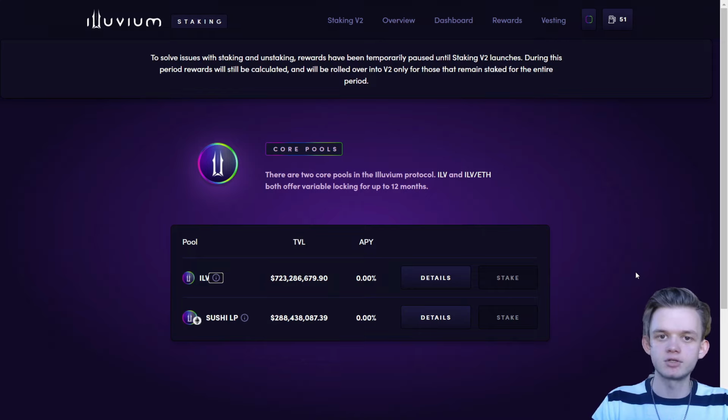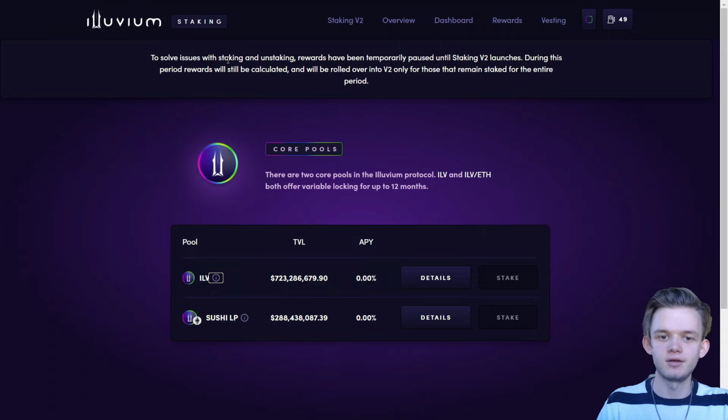It will protect you if, for example, you're making a lot of bad decisions in trading and just losing money. But when you staked your money for a good APY, for a good amount of tokens, you get your money back a little bit, so you're not in such a big minus. You haven't lost a lot of your money. You lose some part of it, but the staking gives it back to you, I can say that. So yeah, staking, I'm highly recommending 100% staking from Illuvium.